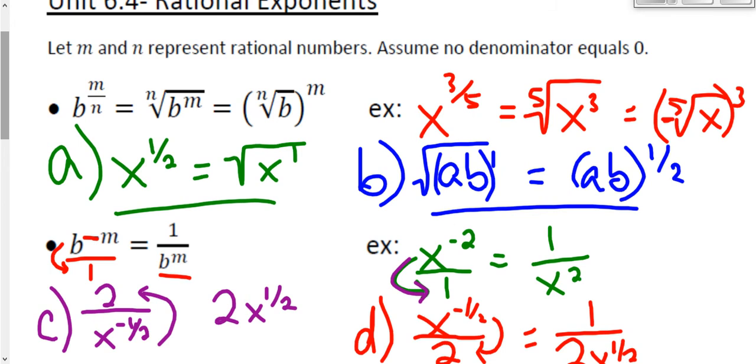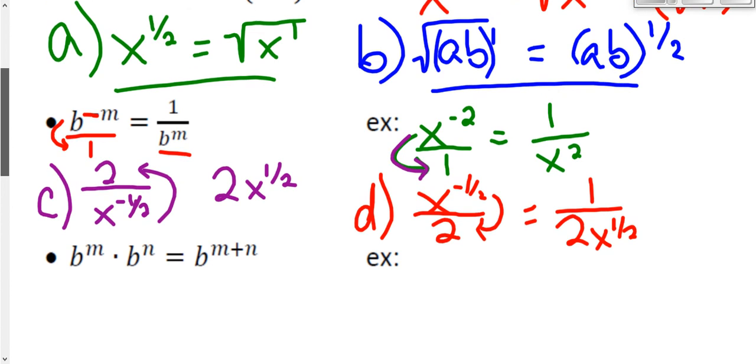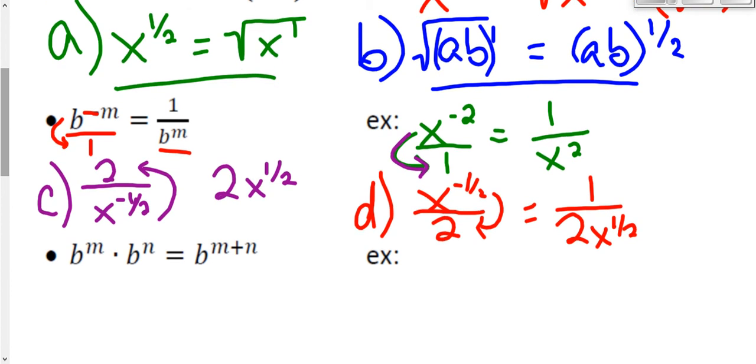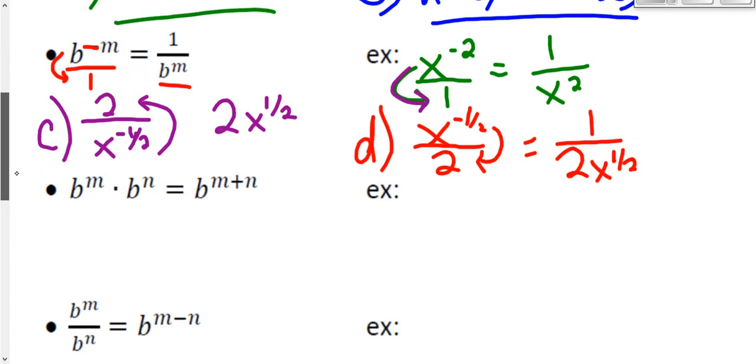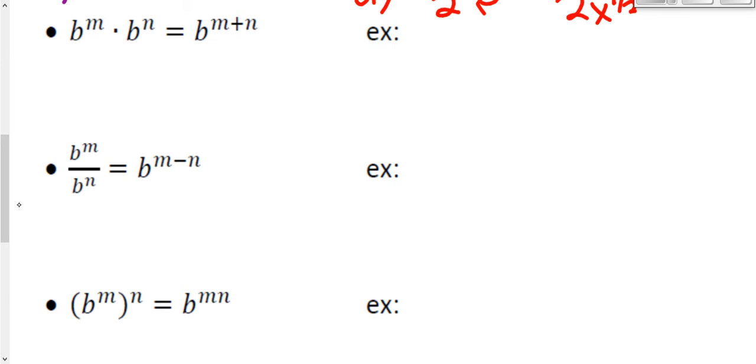denominator is the root. And for the next case, if I have a negative exponent, it just tells me that my variable to that same exponent should just be on the other side of a fraction. Now, the rest of these are going to be very familiar, and it works the same way with numbers that it does with fractions. So for our next situation, we have b to the m